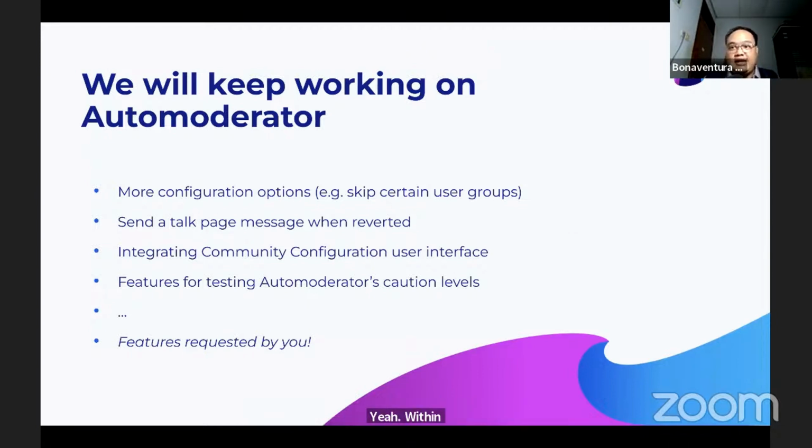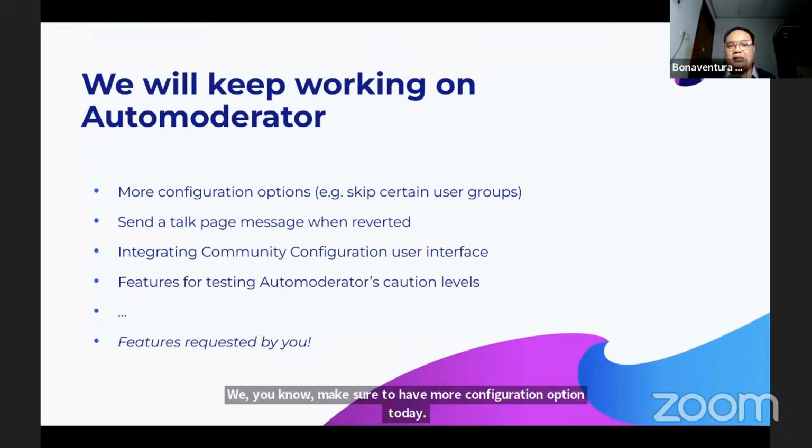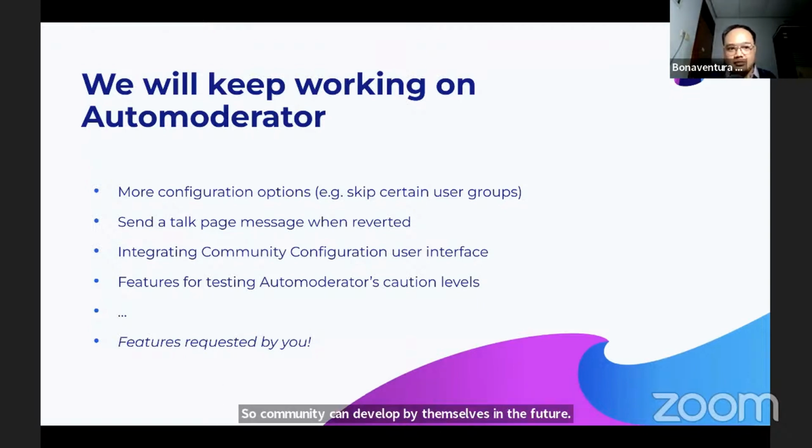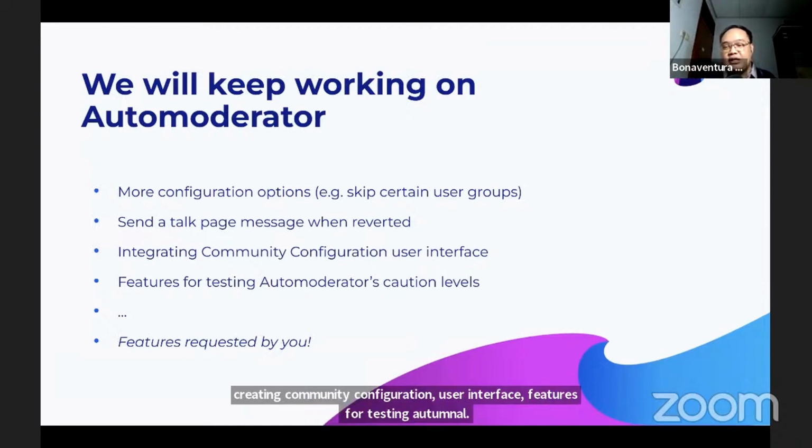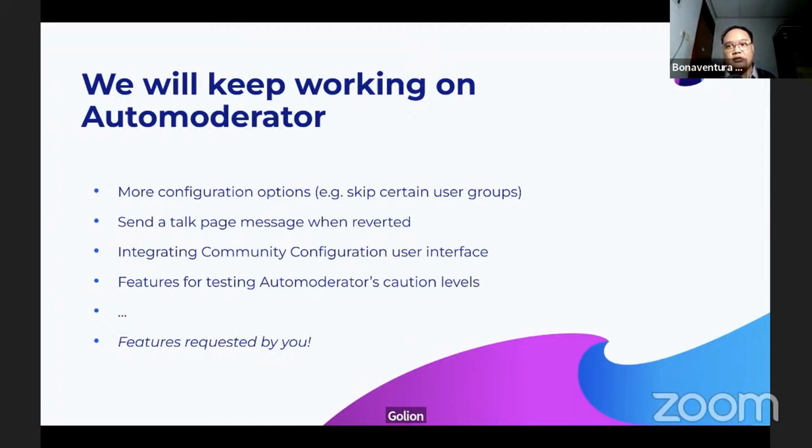We will keep the community updated. We will also make more configuration options so the community can develop by themselves in the future: a central page, a message when reverted, integrating the community configuration user interface, features for testing Automoderator, and caution level, so the community in the future can set the threshold.